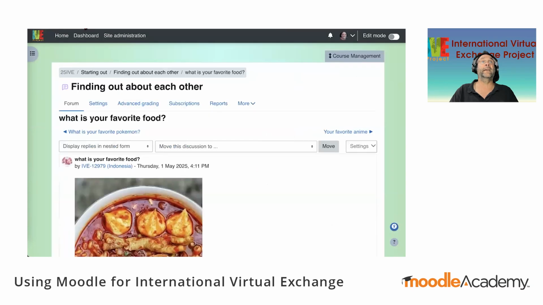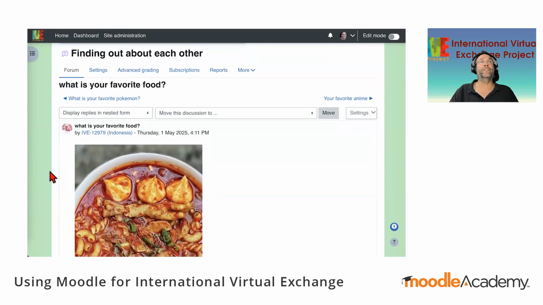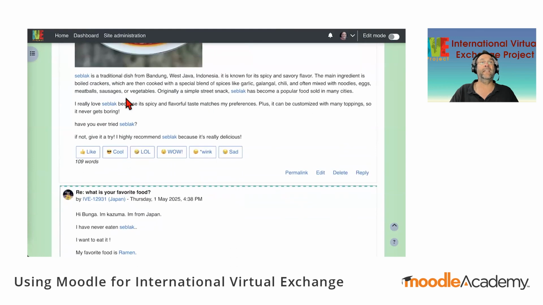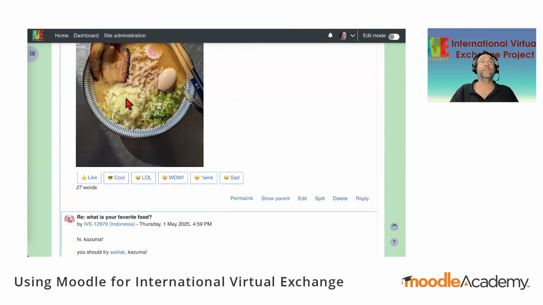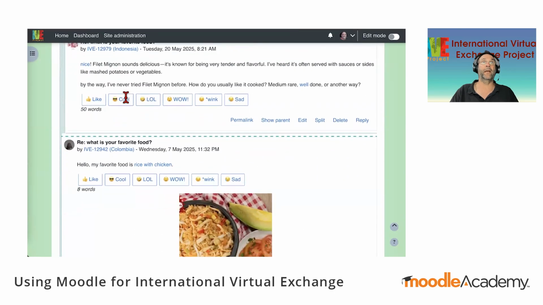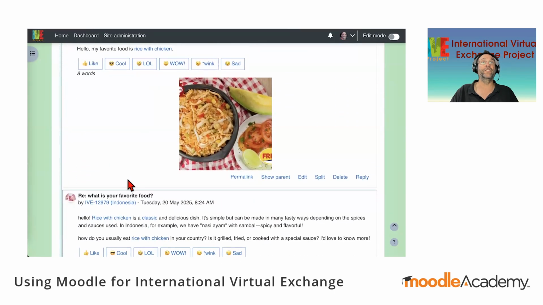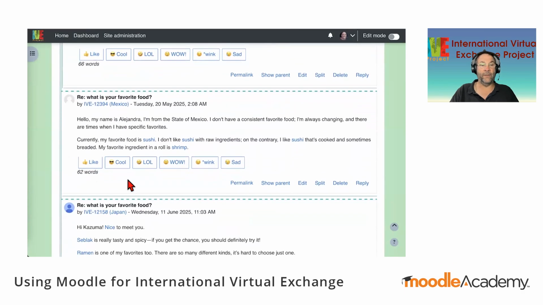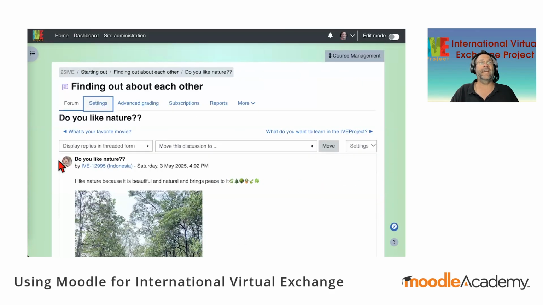If we close that tab, okay, this simple one, what's your favorite food? Students can easily add information, multimedia, and this is what they do. They share, they find out about their peers, countries and cultures. You can see here that they're using the language that they are studying. What we wanted to find out was, what depth of interaction is happening?